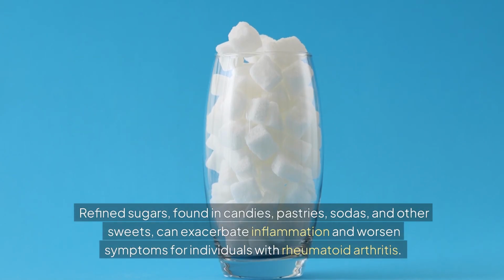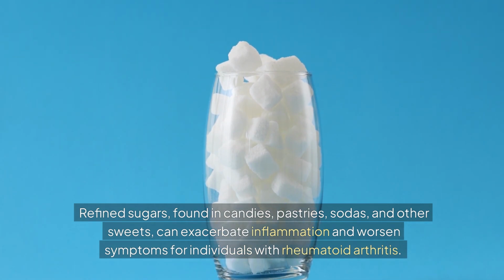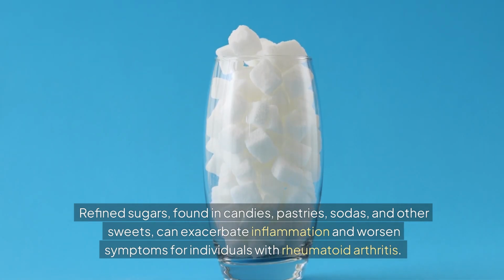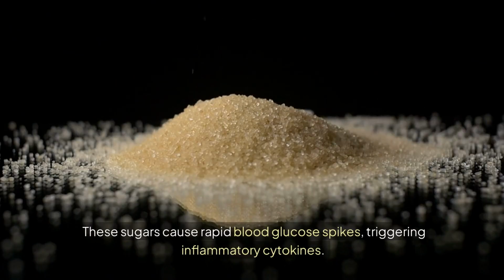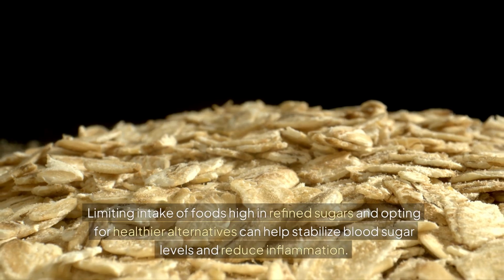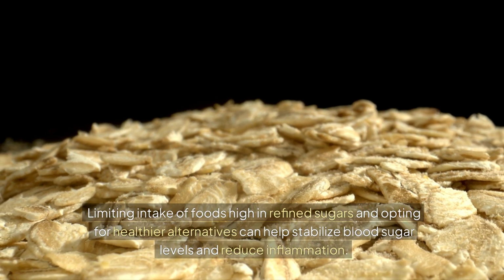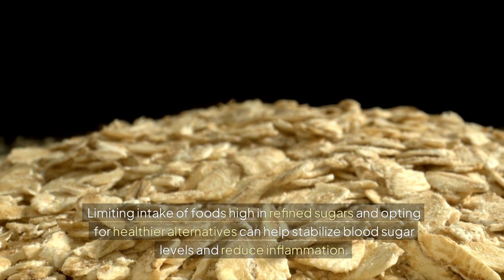Refined sugars, found in candies, pastries, sodas, and other sweeteners, can exacerbate inflammation and worsen symptoms for individuals with rheumatoid arthritis. These sugars cause rapid blood glucose spikes, triggering inflammatory cytokines. Limiting intake of foods high in refined sugars and opting for healthier alternatives can help stabilize blood sugar levels and